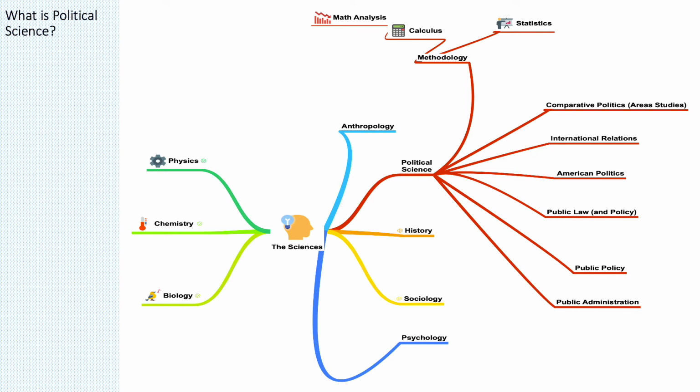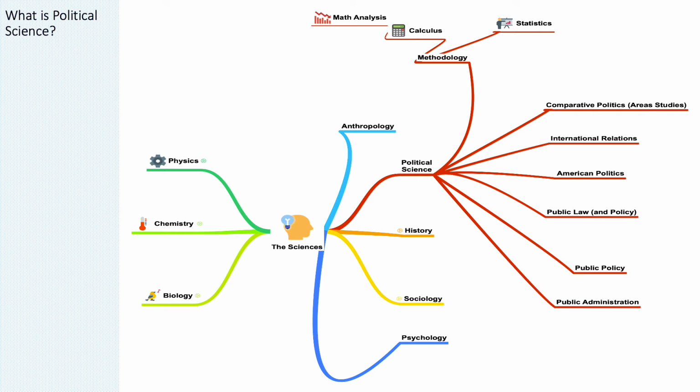Legislative process is another one, presidency is yet another one. And so, as an example, a scholar who publishes in the field of presidency would probably publish little or nothing at all in other areas. He or she would just concentrate doing research in that one particular subfield of American politics.